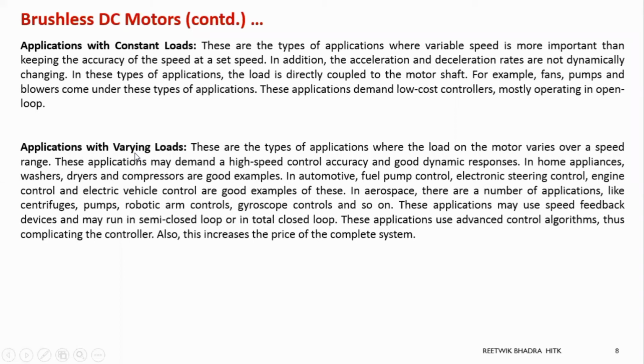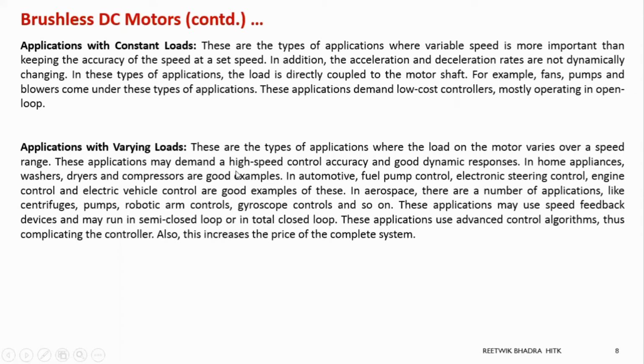If the speed is changing over here, now if you think about driving an electric vehicle, the speed you are traveling on a road. Sometimes you go at a constant speed of, suppose, 20 kilometers per hour. Then suddenly a car comes in front of you, you decrease the speed. Then suddenly you want to apply the brake, you decrease the speed. Suddenly you want to increase the speed because you want to accelerate in an open road. So the speed control is required over there. So in that case also the motors that are used, you can use BLDC motors.